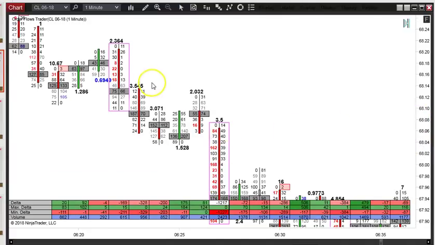And again, you see a similar thing right here, right? Look at these thin prints in here, 1, 2, 0, 3, 13. Stacked imbalances right in here. I don't have the stacked imbalance indicator turned on, but